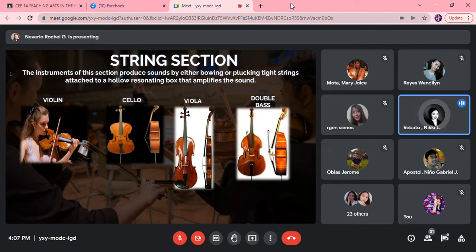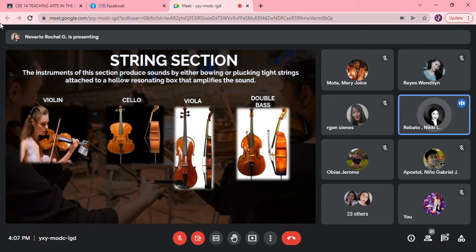Next is viola. Slightly larger than the violin, it is the second highest pitched member of the violin family. Music for the viola is usually noted in the alto clef, and its four strings are tuned a fifth below those of the violin. It has proven time and again that the group of musicians blend beautifully with this essential instrument. It creates harmony when being played along with the other string instruments. While the violin plays the melody, viola represents the alto part.